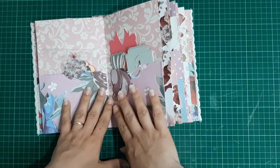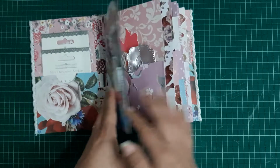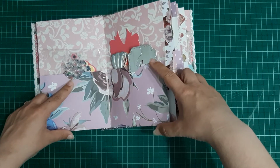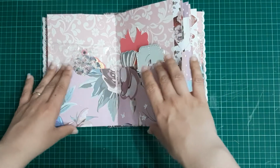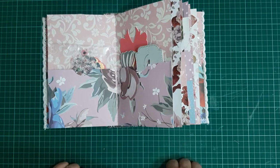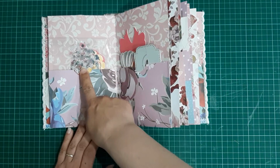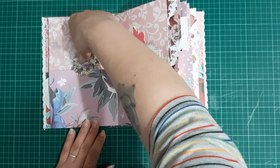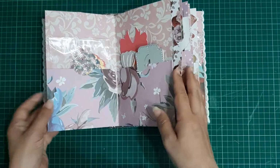Then the middle section here, so this card here is what this is, and I literally just folded that up to give me quite big chunky pockets inside here. And in here I have a whole range of flower dies that I have. I'm not going to pull all the stuff out because it'll take me forever to try and get this back